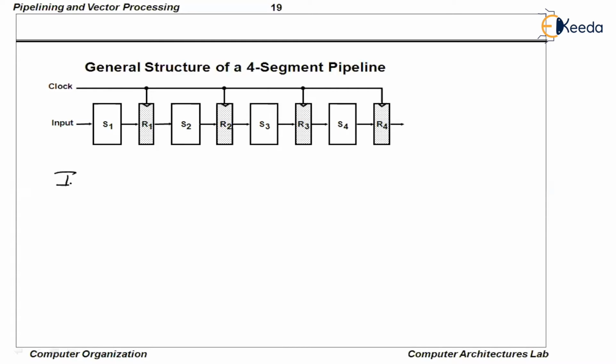Here there are two instructions, I1 and I2, in which I2 is dependent on I1, our classical example. So I2 will have to be separated from I1 for a sufficient number of clock cycles. This is called a stall cycle. So stall cycle is equal to k minus 1, which is equal to 3. So I1 and I2 must be separated for 3 clock cycles. So rather than sending I2 into the pipeline in the second clock cycle, we will send I2 into the pipeline in the fifth clock cycle.